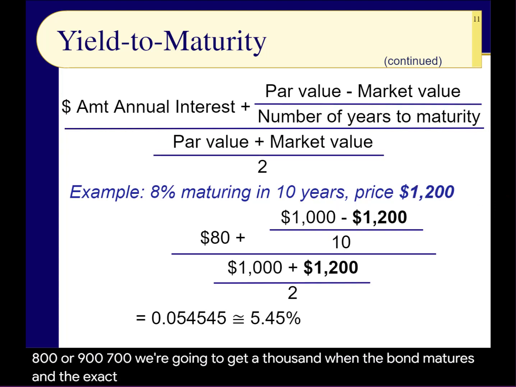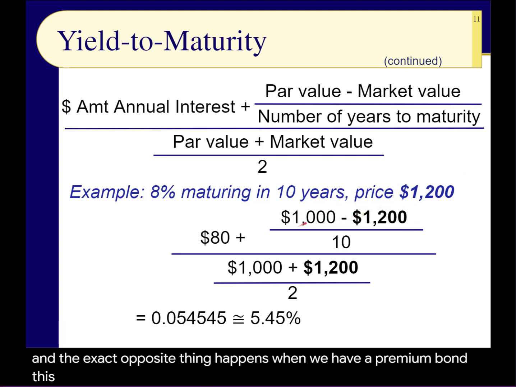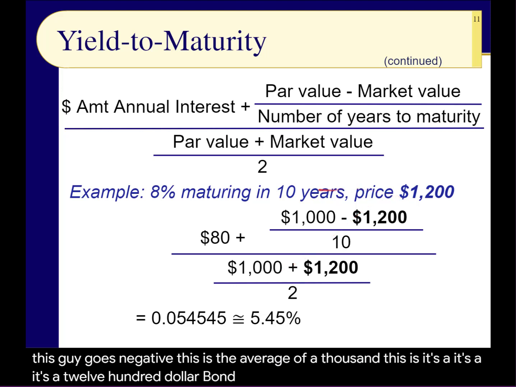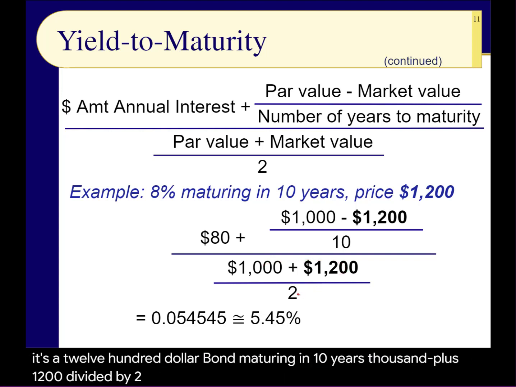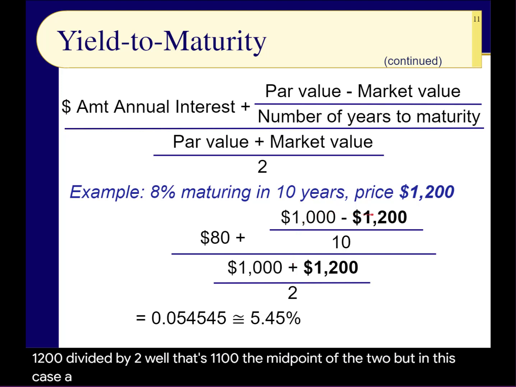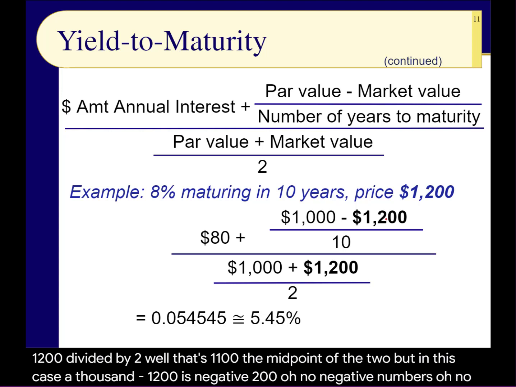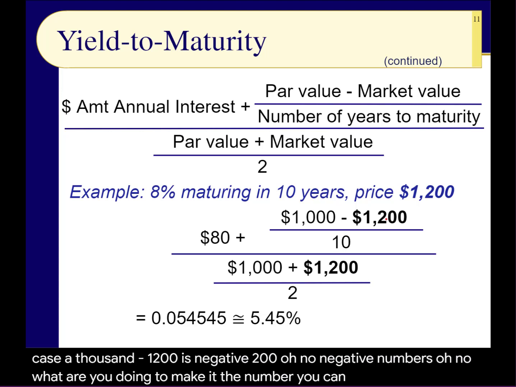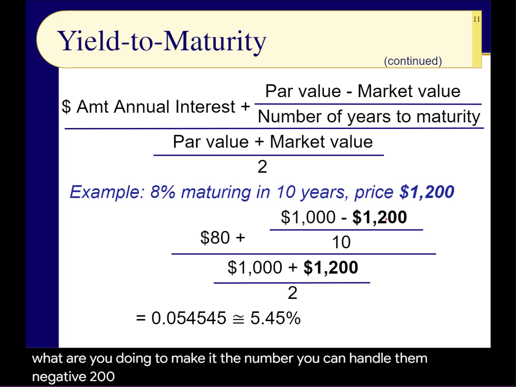And the exact opposite thing happens when we have a premium bond. This guy goes negative. This is the average of 1,000. Let's say it's a $1,200 bond maturing in 10 years. 1,000 plus 1,200 divided by 2, well, that's 1,100, the midpoint of the two. But in this case, 1,000 minus 1,200 is negative 200. Oh no, negative numbers. Oh no, what do you do with a negative number? You can handle them. Negative 200 divided by the 10 years it takes for the bond to mature is